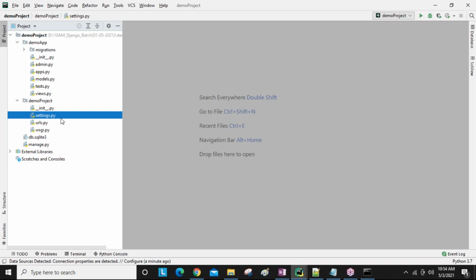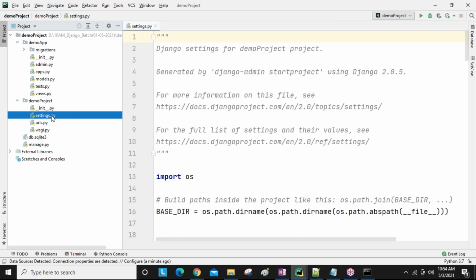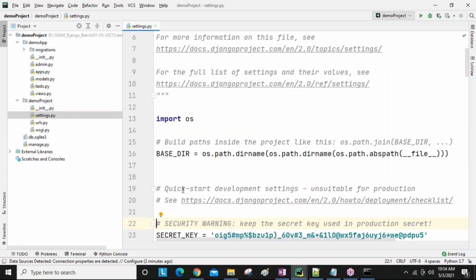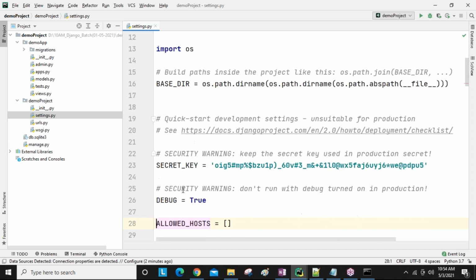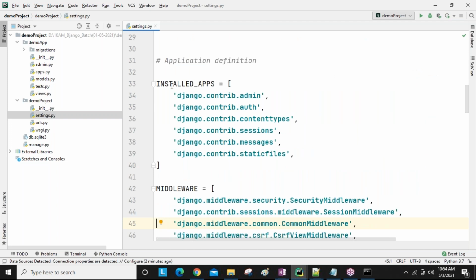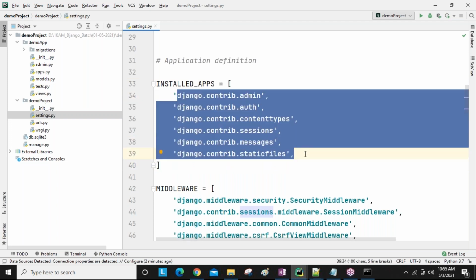So you can see, guys, here the settings.py file. First open this settings.py file. Here there are so many lines of code. Don't disturb any existing line, guys. You don't know why any line is required, every line. So that's why don't disturb anything right now. Go to the installed apps section. This is one list of applications, guys. Here, installed applications. These all come by default along with Django.